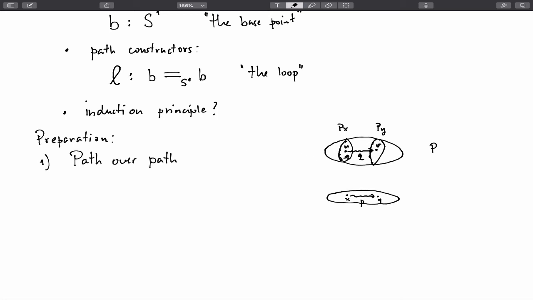You can say, aha, but if I have this path here, I can use P to transport U over here and take a path there. So path over path, let me just first specify what I want. Okay, so what we have is we have P, which goes from some type A to U, and then we have X and Y in A, and we have a path P,